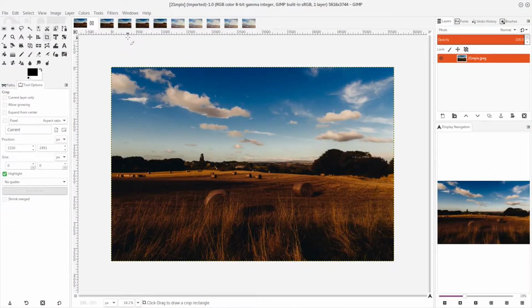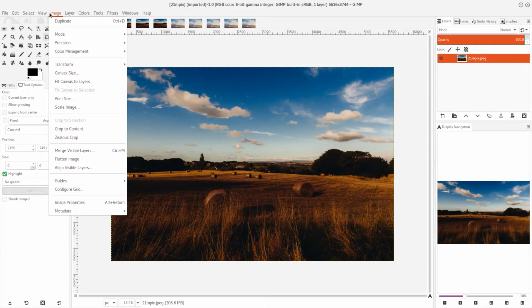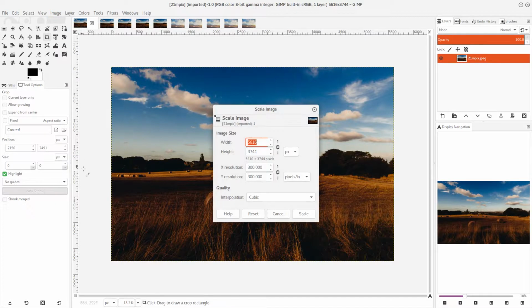Now in GIMP, we're going to go to the image menu and say, I want to scale this image. And I'm going to tell it, why not scale it down to 2000 pixels? And now if I press tab to go into the next one, it automatically changes the height of the picture